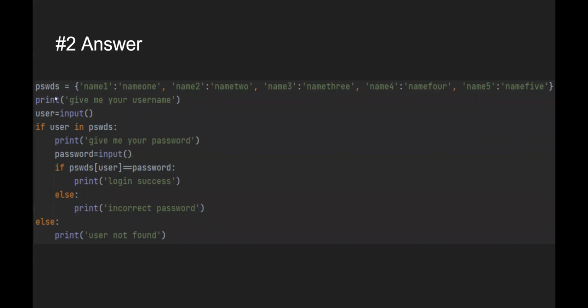So we ask them, give me your username, and then say username equals input. So we check if that username is in the passwords list. If it's in it, we print give me your password, or else we'd say print user not found. So if it's in passwords, we'd say give me your password, and then we'd say password equals input, and then we'd say if passwords and then user. So user is the key in this case, and then password should be the